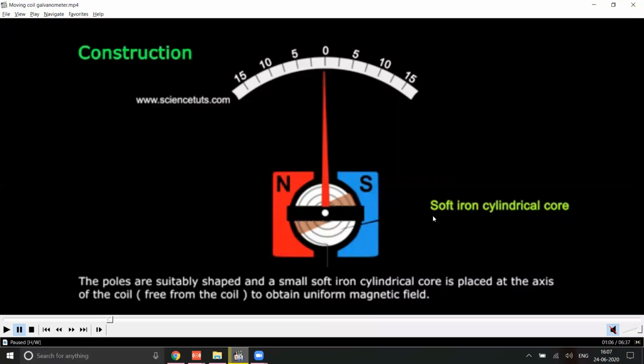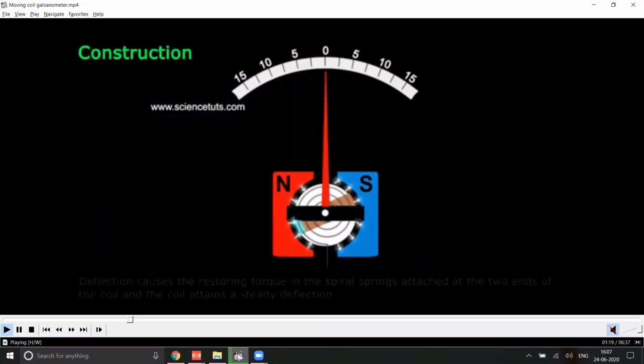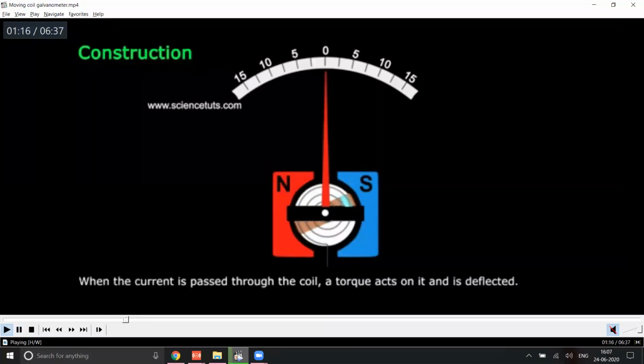The reason for this is given only in the next chapter, but I will give you an outline so that you can have that point in your mind. So this is how the internal structure of a galvanometer will look like. Once the current is passing through the galvanometer, observe.